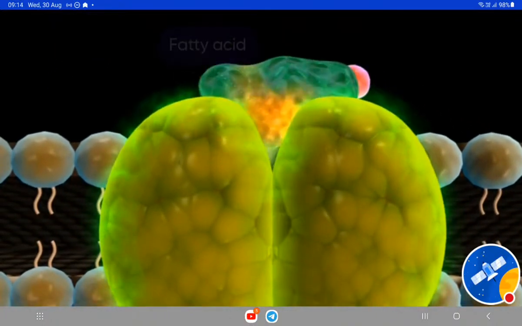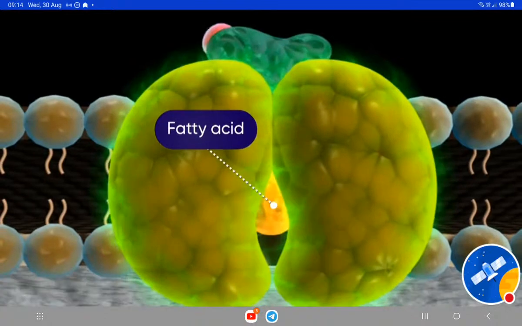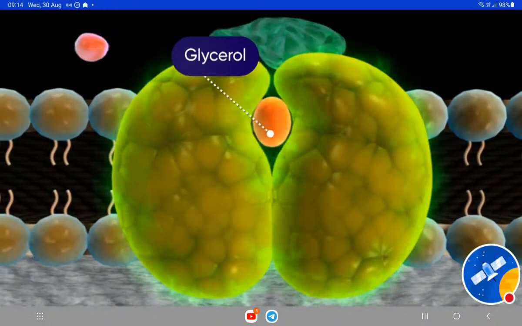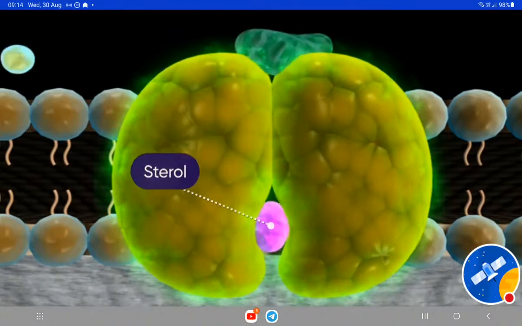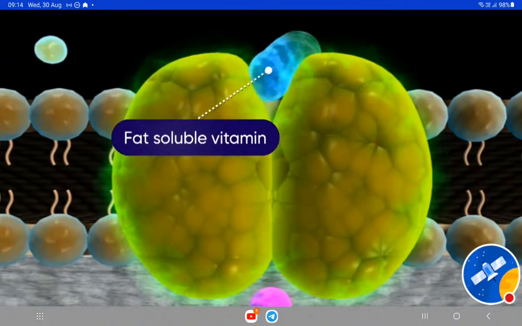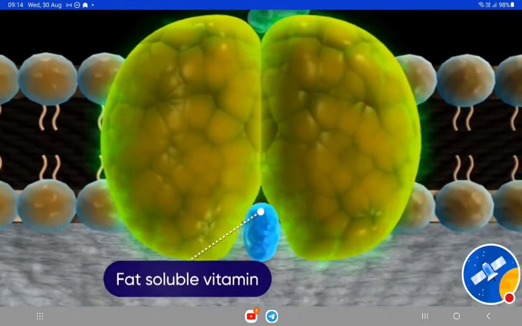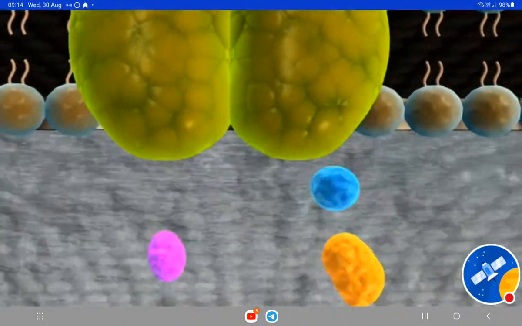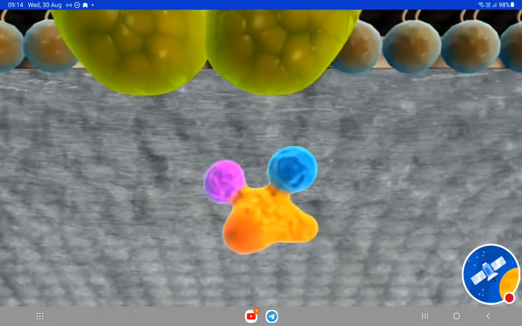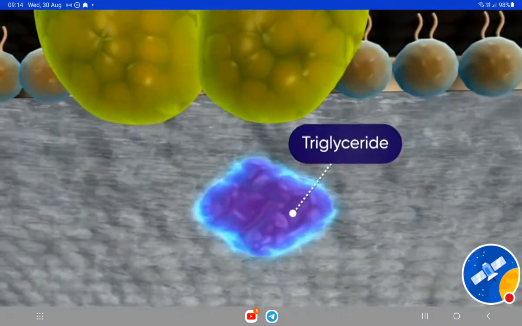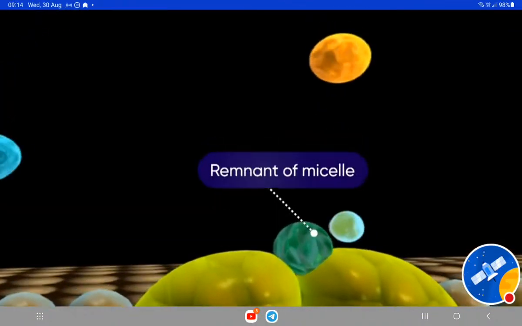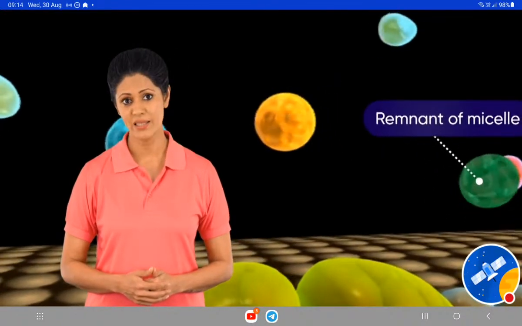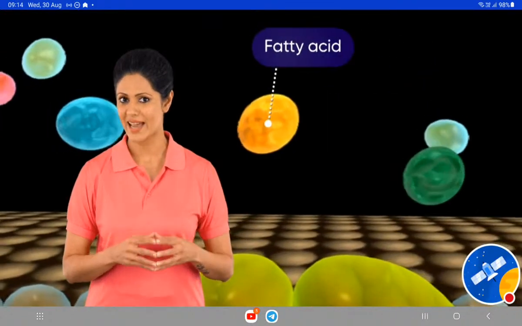From these micelles, fatty acids, glycerols, sterols and fat-soluble vitamins are actively absorbed by the intestinal cells and are resynthesized into triglycerides or fats. The bile salts are freed and returned to the liver. The remnant of these micelles is left behind and combines with new fatty acids and